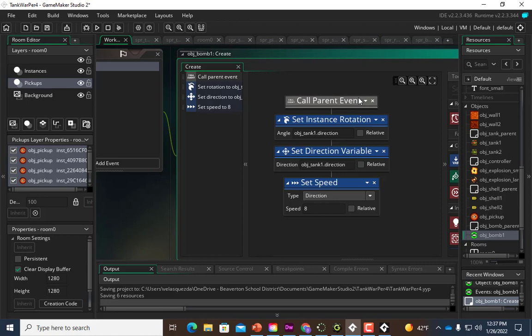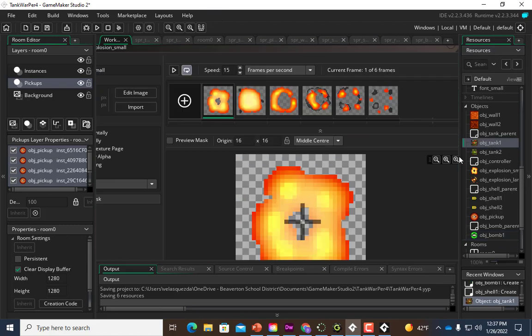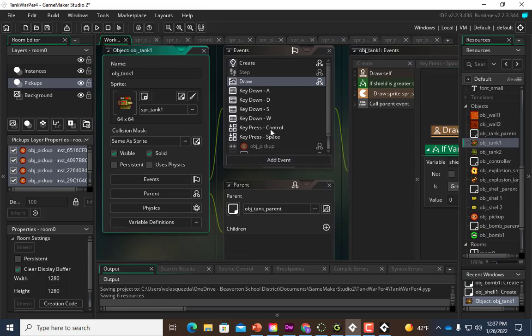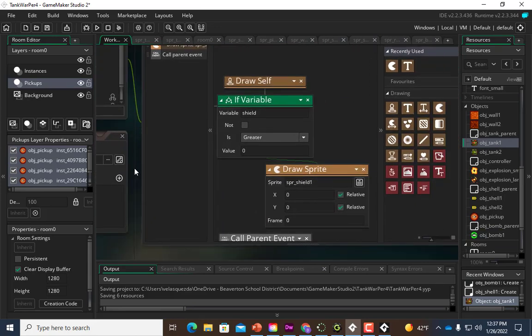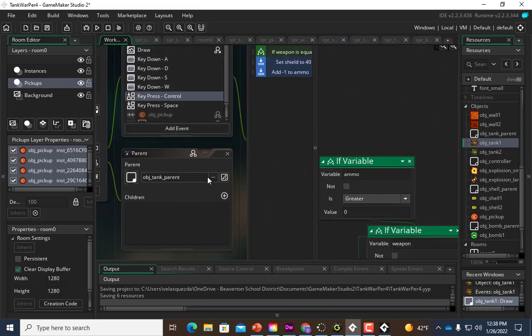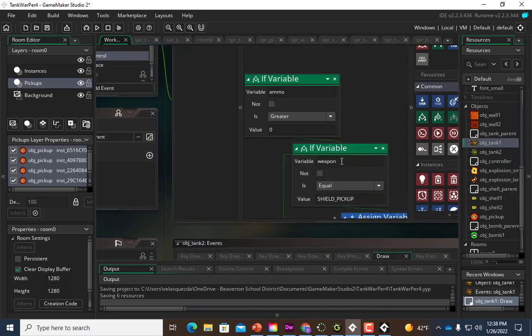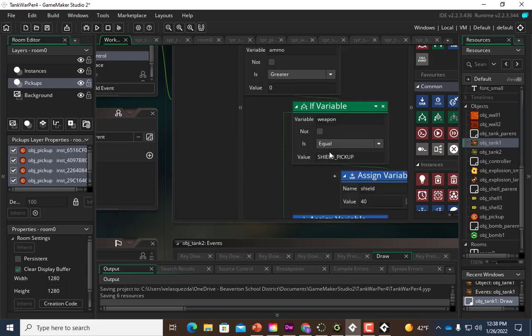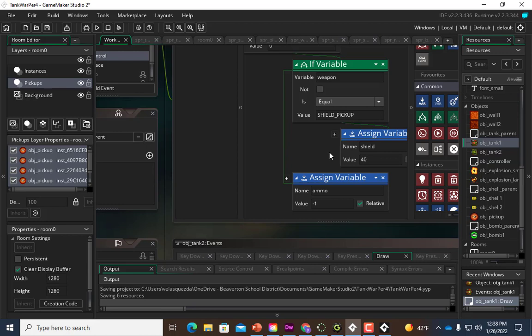Will this work? I guess we have to look at tank 1's secondary weapon trigger. So let's go to tank 1. The secondary weapon for tank 1 is the control key. Okay, so if we go to the control key, we have kind of started it, but we haven't really looked at it. We say, okay, so if we have ammo, that makes sense. If the weapon is the shield pickup, then do this. But we don't have what should happen when the weapon is the bouncing bomb. So we have to add another